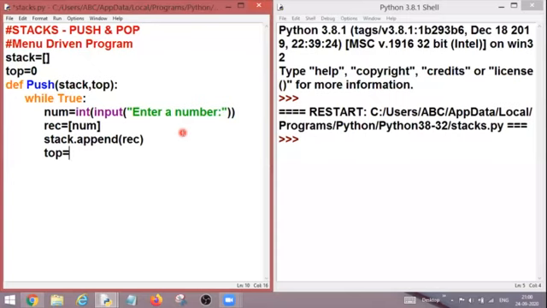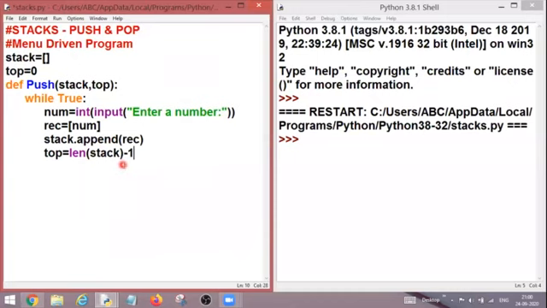So how can we calculate it? We have the length function for the same. If I pass stack inside my length function, the length of the stack will be calculated. But as we know, the index positions of a list always start with 0. So I need to subtract 1 from the length. If 5 elements are there, then my length will show 5, but the index values will vary from 0 to 4. And the fourth index position I can get only if I subtract 1 from the given length. So I have done it. I have calculated the top index position also.